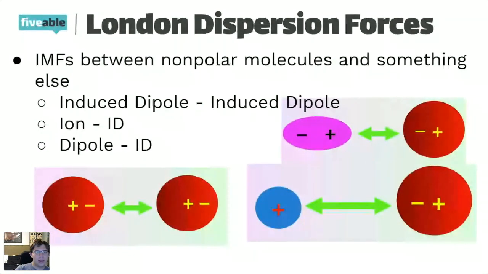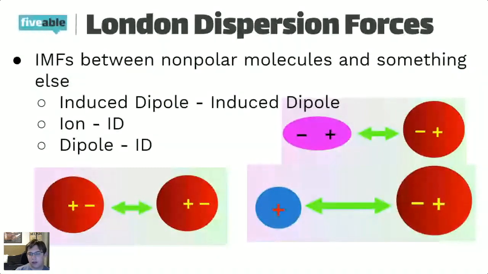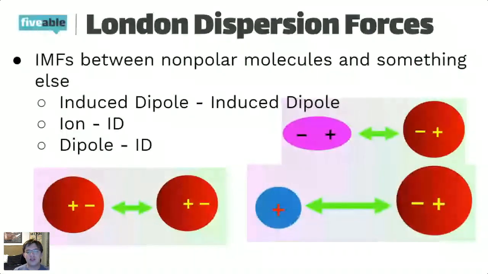And so when we're looking at London dispersion forces, they have to do with non-polar molecules, right? So you might be thinking to yourself, okay, we've got a non-polar molecule, so no forces are felt between the molecules. However, that's false, because if we're dealing with a non-polar molecule, we're still going to see that due to just randomness, right, random movement of electrons around this molecule, there are going to be what are called induced dipoles, right? So they're going to be very instantaneous and very weak dipoles